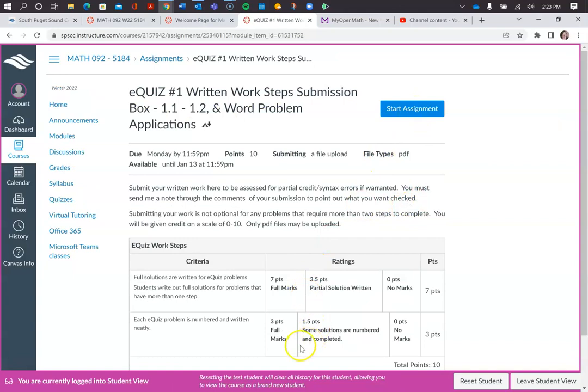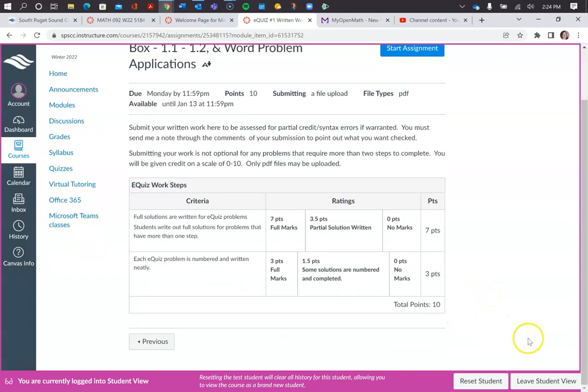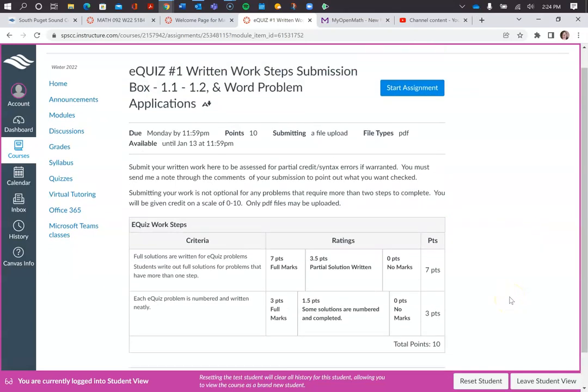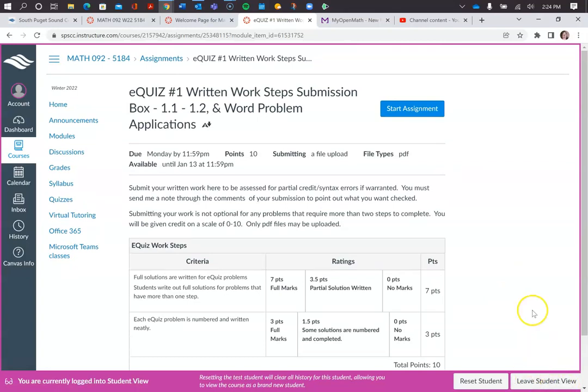So you're going to submit it right in here. It's just pretty loose as long as you've done it and you've tried. If there's no work to be shown, write that. But most of the problems for quizzes will have something, unless they're multiple choice, or once in a while it's just so quick you look at it and there's just one step and you're just writing that down in the answer box. But a lot of times there's at least a couple of steps.